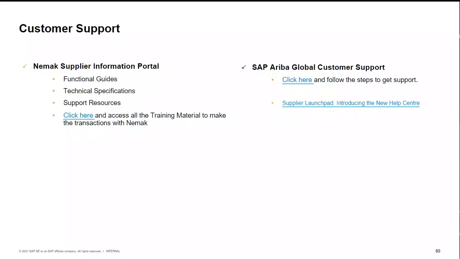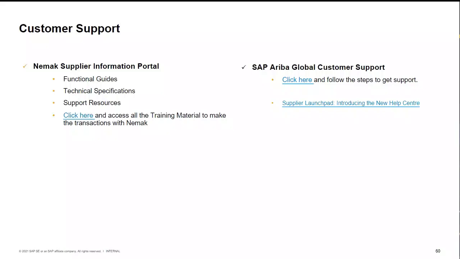On the other hand, we have the SAP Ariba Global Customer Support, where you will find information pertaining to all of Ariba's transactions. You also have the new Help Center, which you can reach by clicking on the link found in this slide.